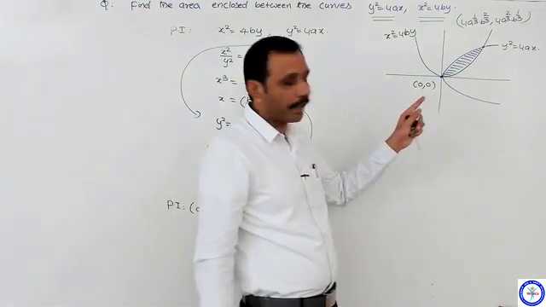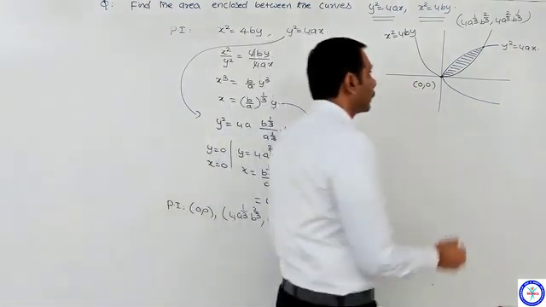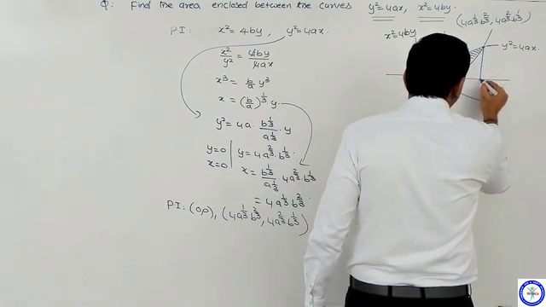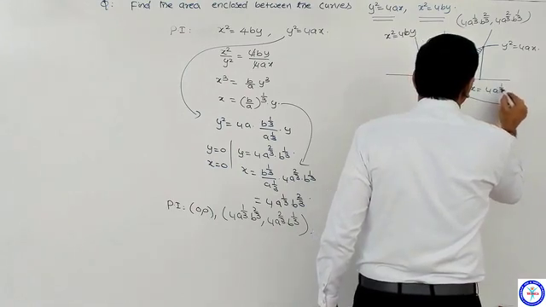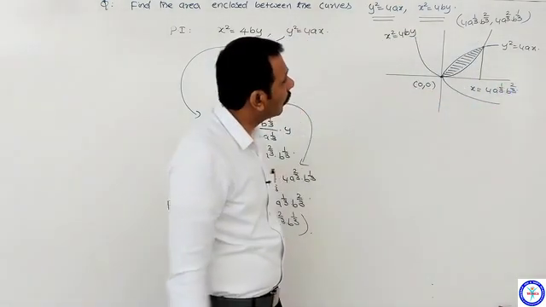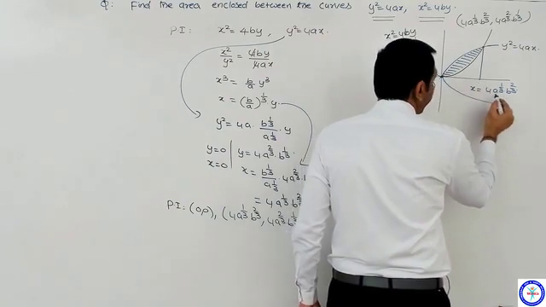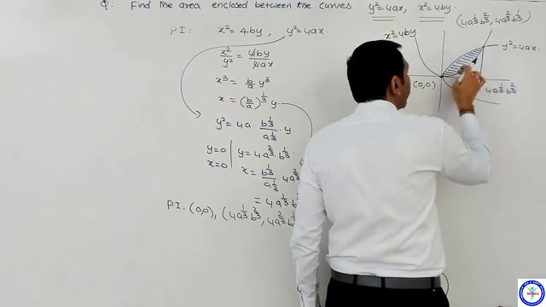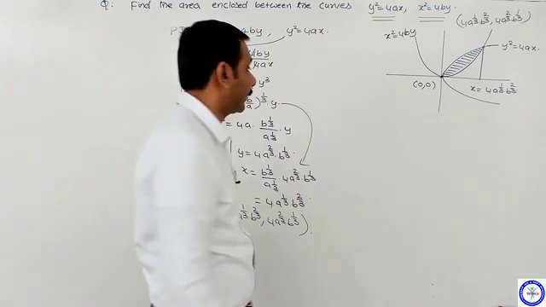This area you can find either with respect to the x-axis or the y-axis. Let me go with the x-axis. Let me draw a perpendicular from this point of intersection to the x-axis. It is x equal to 4a^(1/3) b^(2/3). Therefore, how to get this shaded area? x equal to 0 to x equal to 4a^(1/3) b^(2/3), upper curve minus lower curve, that's all. But integrate it very carefully.